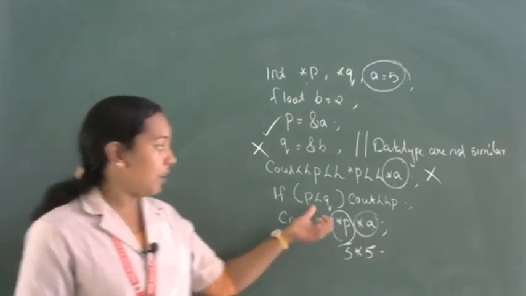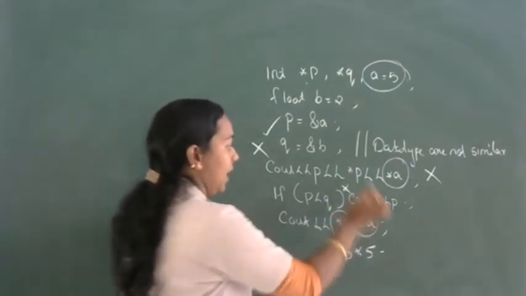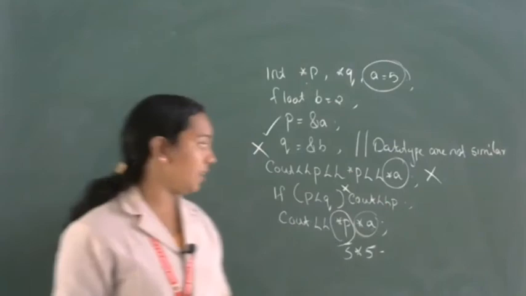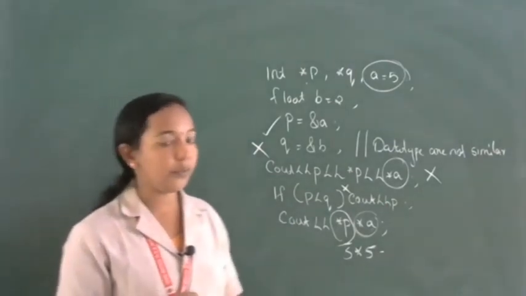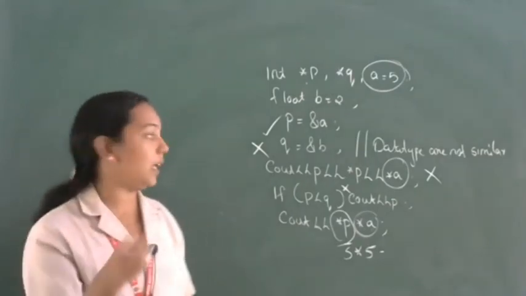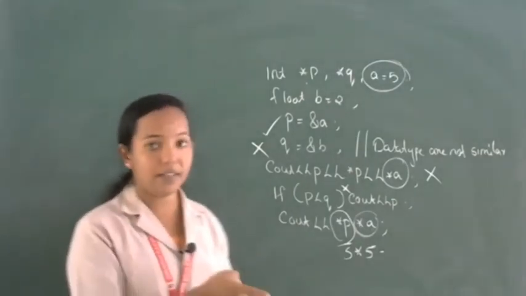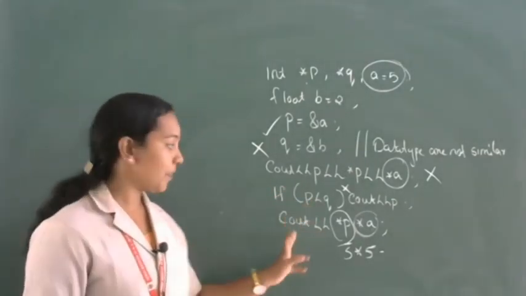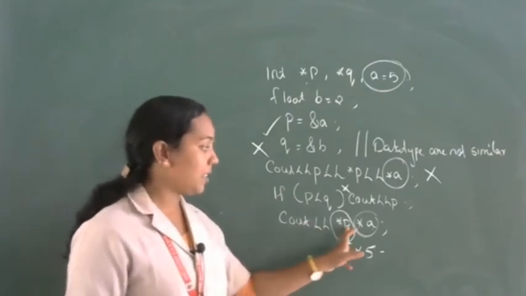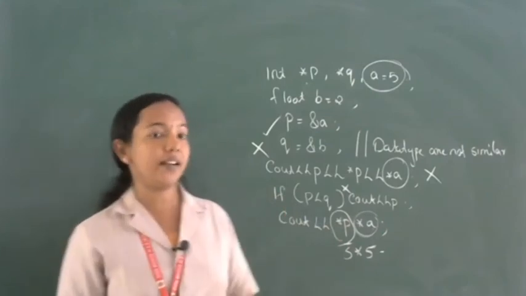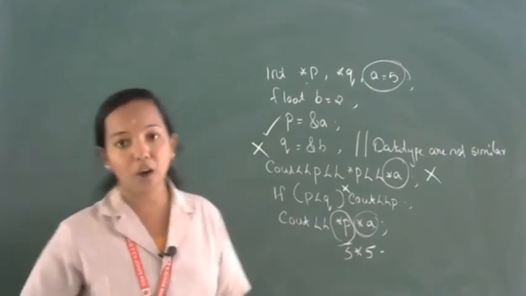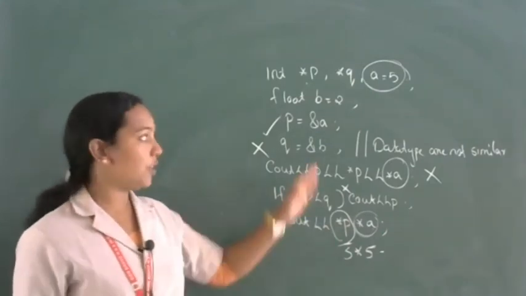Then after that, P less than Q. What is the speciality here? Here P and Q are pointer variables, so we can't use the less than symbol along with pointer variables. So again, a mistake here. Then the last statement, star P star A. It will work because star P is the value at address P, and star A is a normal pointer variable. So these are the errors.